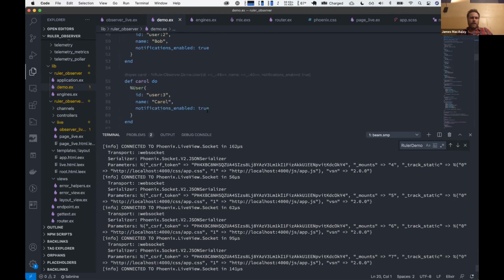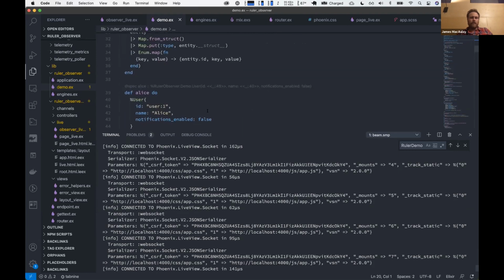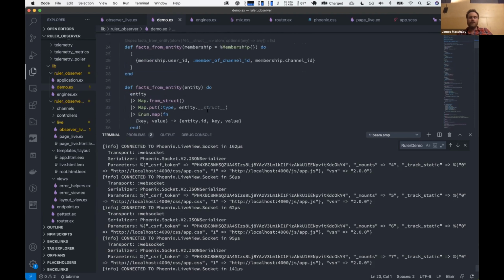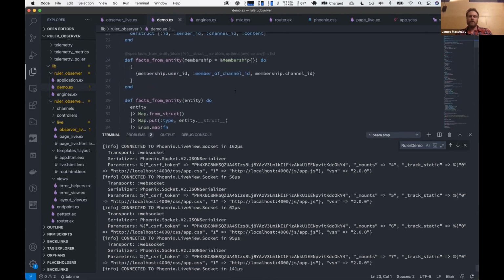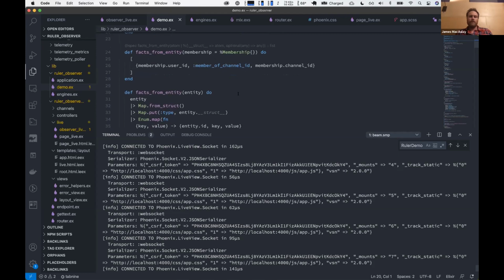And so we have these structs in Elixir, but we want to turn them into those triples that are facts. So I just have a function here that turns each struct into facts,